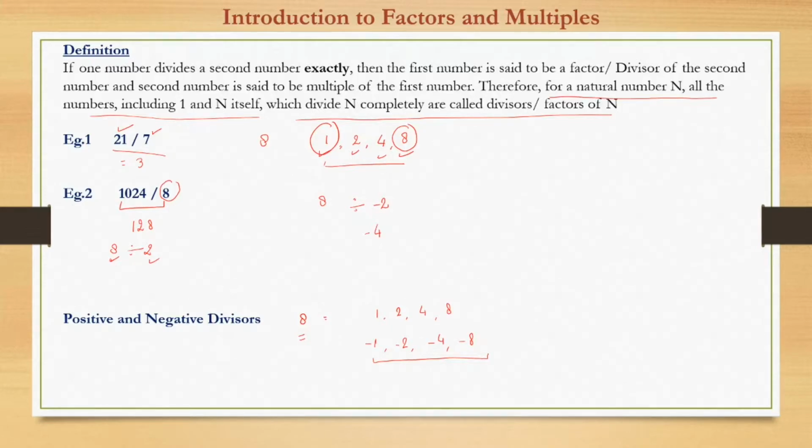But going forward, generally whenever we say divisor or a factor, we will mean positive divisor, because the negative divisor will just be the opposite of the positive one. So if 1 is a positive divisor, minus 1 will be a negative divisor. If we get to know about the positive factors, negative factors are fairly simple to understand. So henceforth, whenever I say factor, I intrinsically mean positive factors.